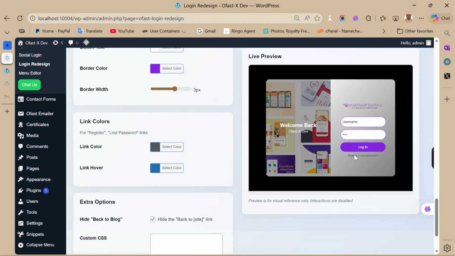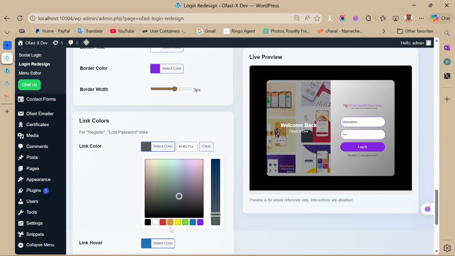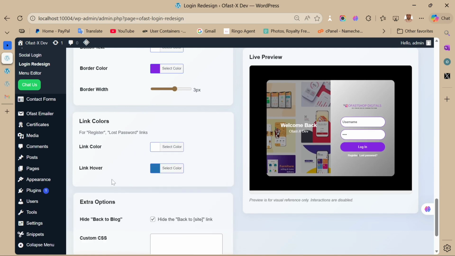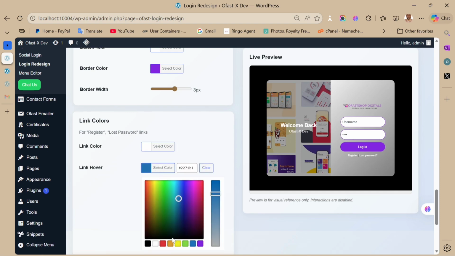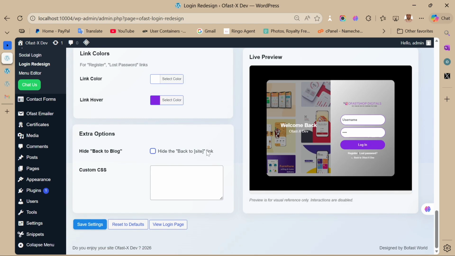Then the link, all this register and this thing, the link color should be then link hover. So I can decide to say, okay, the link color, let me use white. The hover should be, let me say this. So this one, I can hide the back button like that. As I'm hiding, I'm showing, I'm hiding, I'm showing. So once I save settings,